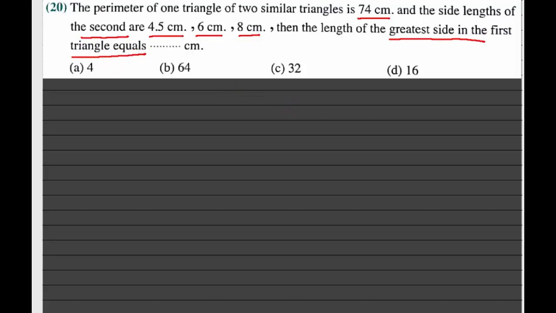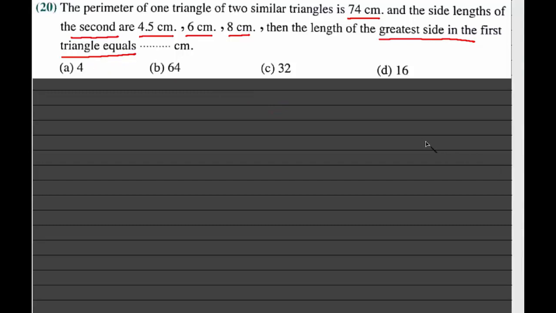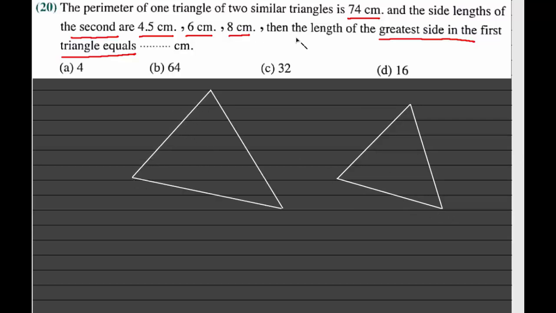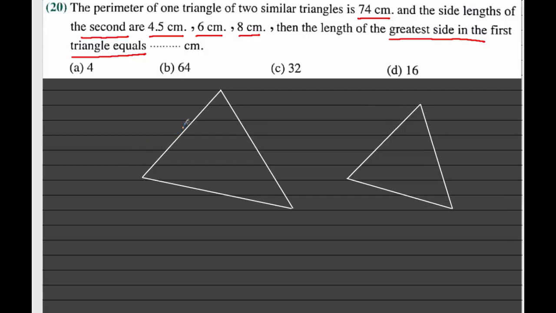So it's better to draw the two triangles here. And here is the other. And here is the first triangle. Consider it ABC, or you can write